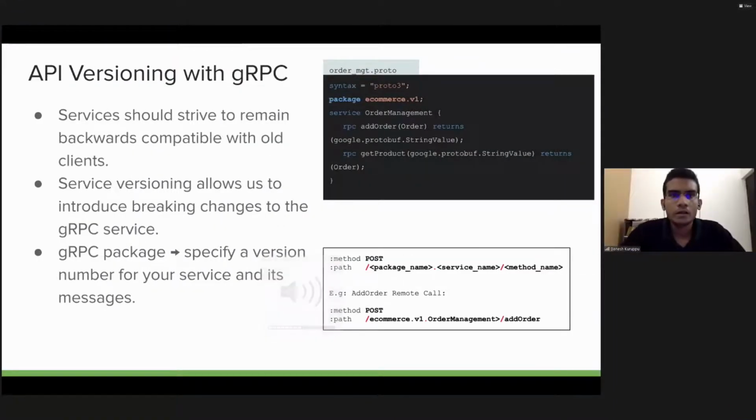Thank you, Kasun. So I will go through some of the key aspects of API specification. One of the key objectives of API specification is API versioning. The reason behind API versioning is that services should strive to remain backward compatible with all clients. And also, if you have a better versioning strategy, it will allow us to introduce breaking changes to our services